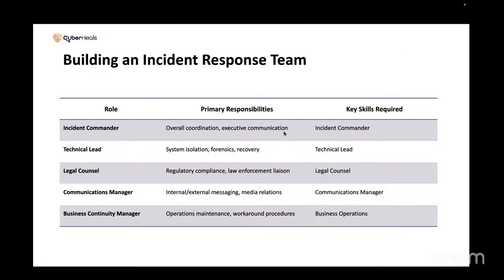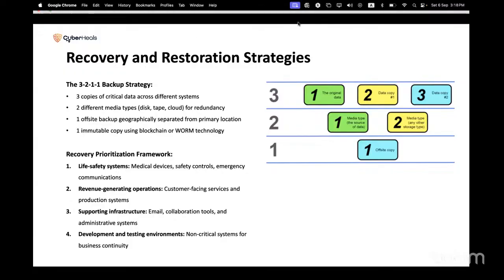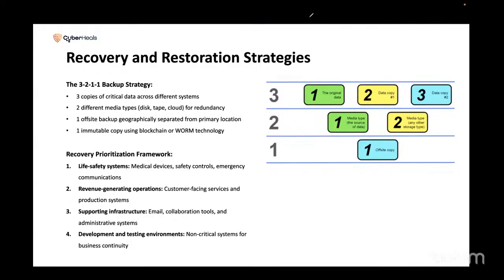You need to have skills. Recovery: the 3-2-1-1 backup. Three copies of data across different systems, two different media such as disk, tape, cloud, one offsite backup in a different location. If it is India, another one in the Middle East. One immutable copy using blockchain. So this is called a backup strategy. Not, I have a backup on the same site, sorry. Or, I have a backup, not encrypted, sorry. You have to have